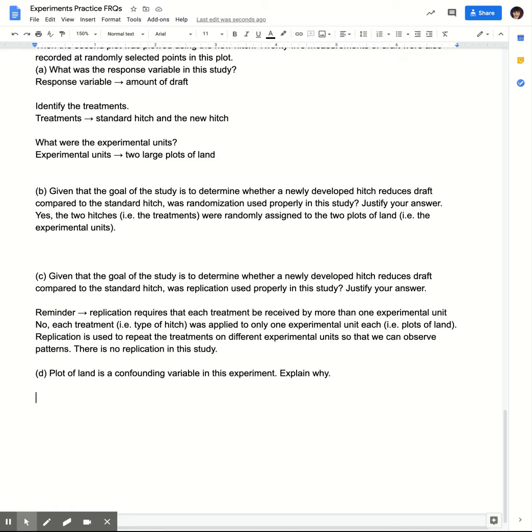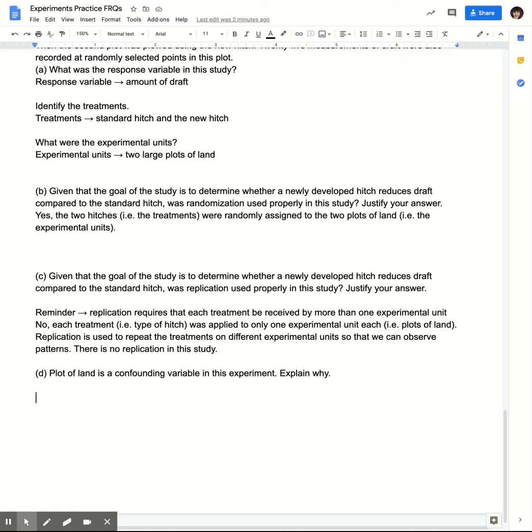So you would want to talk about how it's not possible for you to know if the difference in the draft was observed because of the treatment you applied, or because of the characteristics of the individual plot of land. Okay,